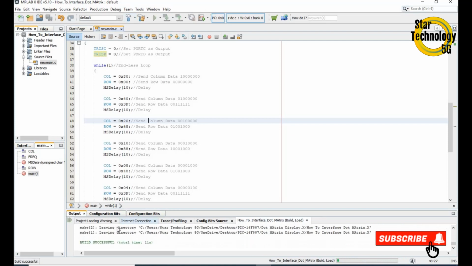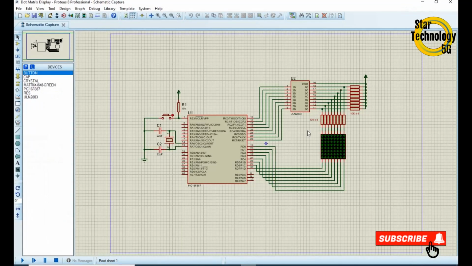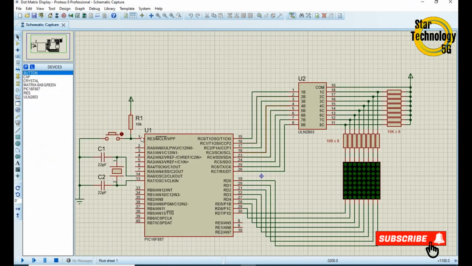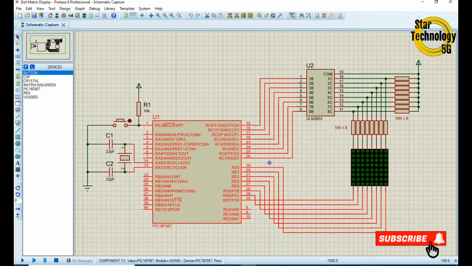File is created. Now we will test our circuit. Just open the circuit and select the hex file.